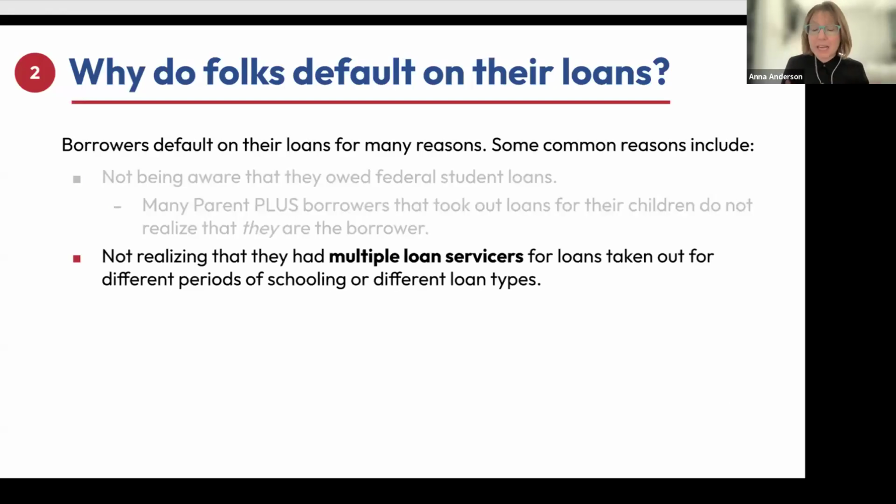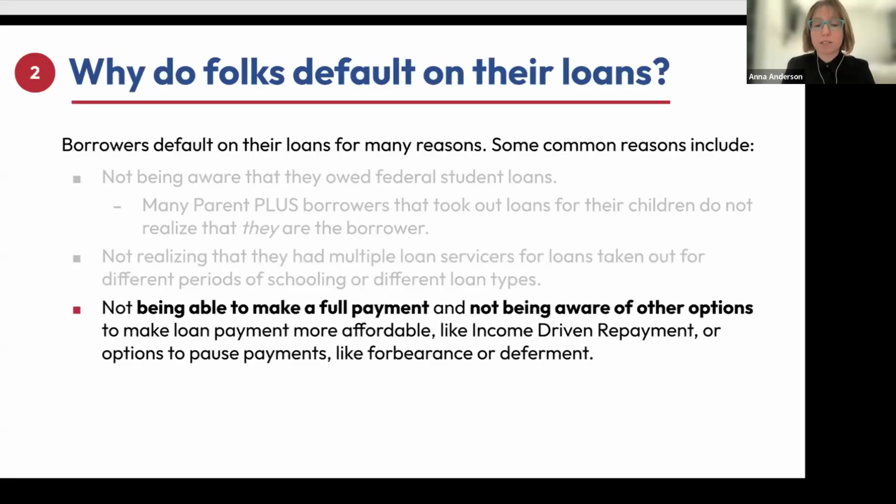Also, some people don't realize that they have potentially multiple different loan servicers and multiple different loans for different periods of education or for different loan types. So they might not actually realize that they're not making all of their payments correctly. They might be paying one loan servicer and they think that they're on track, but they don't realize that they're actually missing payments that they owe to another loan servicer. It can be very complicated if you have a lot of different loans out there in terms of just managing who your payments are owed to, what time you have to make those payments, which is sometimes, unfortunately, people get confused and they will fall behind on their payments for those reasons.